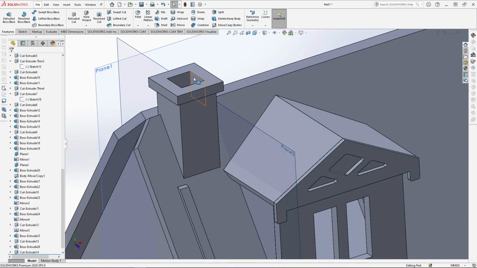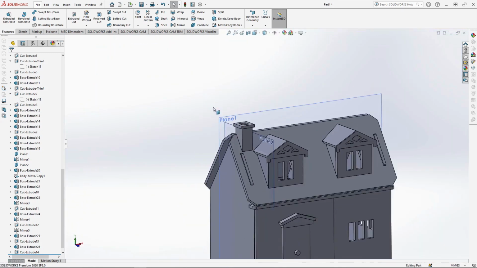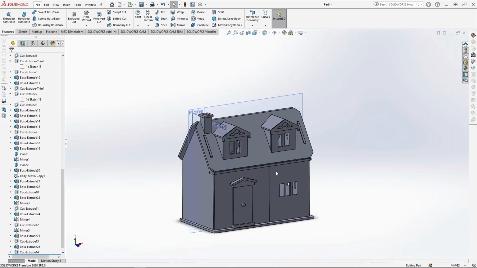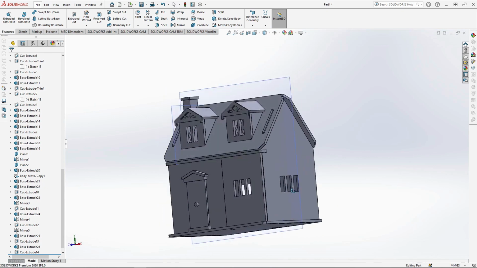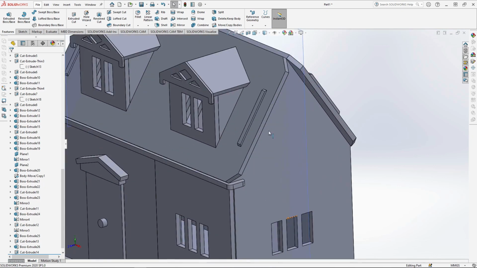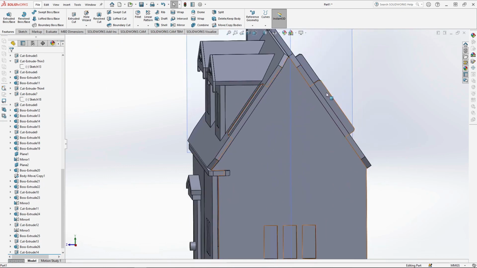And there we have the finished doll's house as a part. Watch out for part 3 of the tutorial where I will show you how to export all the parts for creating an assembly, to make it easier to open and close the doors of the doll's house more freely. I will also